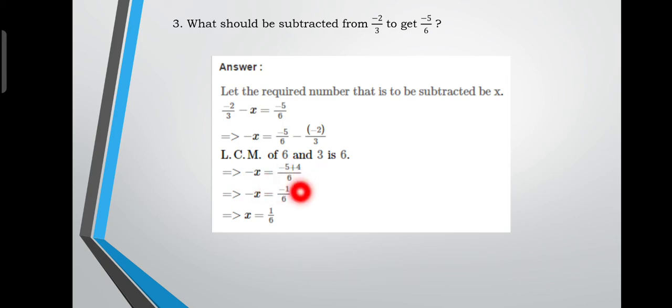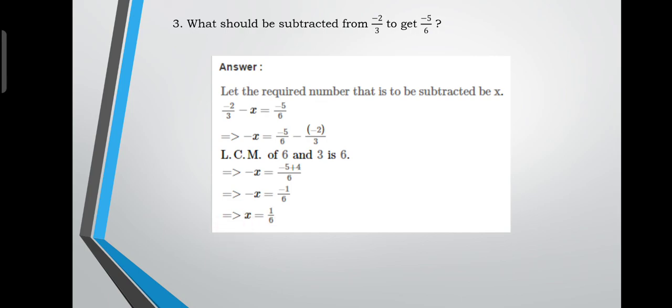So minus x is equal to minus 5 plus 4 by 6. How is it minus 5 plus 4 by 6? Because when taking the LCM, which is 6, the first is already 6, so 6 into 1, 5 into 1, which is 5. Here it's only 3, so it can be multiplied by 2. 3 twos are 6, so we multiply the numerator by the same 2: 2 twos are 4. So minus 5 plus 4 divided by 6. Subtracting, the answer will be minus 1 by 6. But here one minus is there on each side, so the two minuses cancel. The answer is x is equal to 1 by 6.